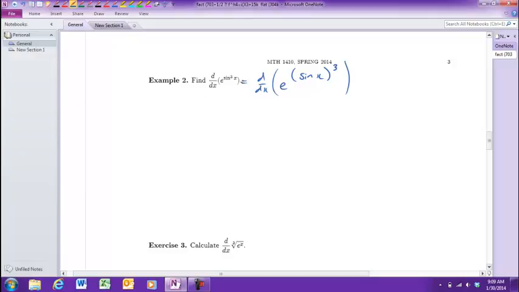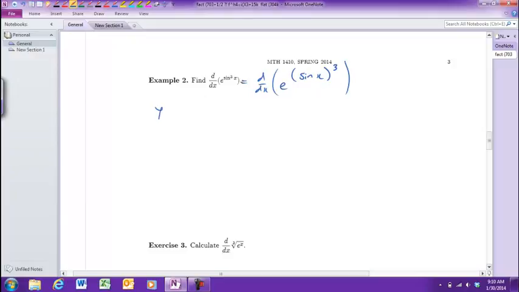And the way to think about this is, if you were to calculate this by hand, you would first plug in the value for x, you would take the sine of that, and then after that you would cube it, and then once you had that expression, you would do e to that power. So that means your innermost calculation is the sine, the next one outer is the cubed, and then your outermost is the e. So we want to break it into those three pieces, and I'm going to use the Leibniz